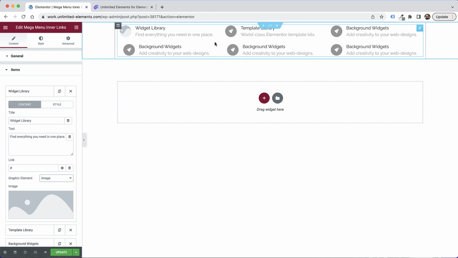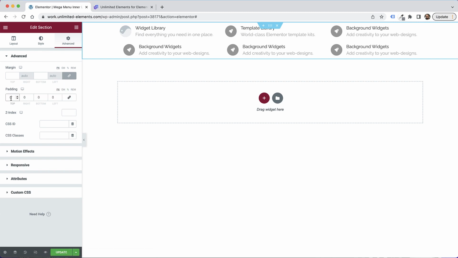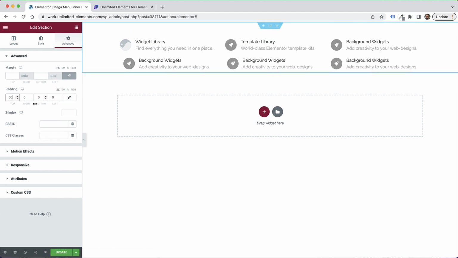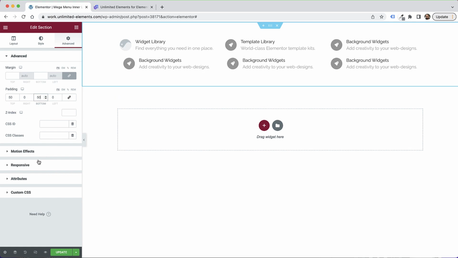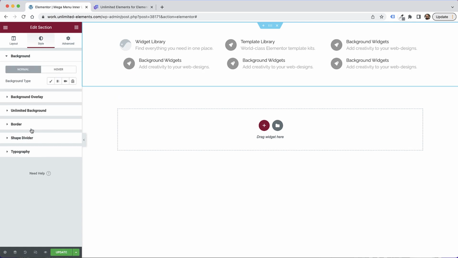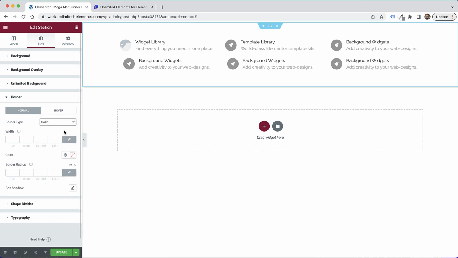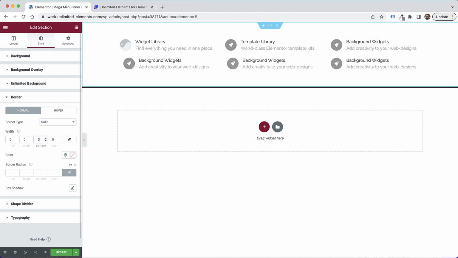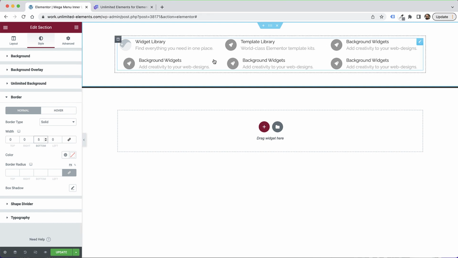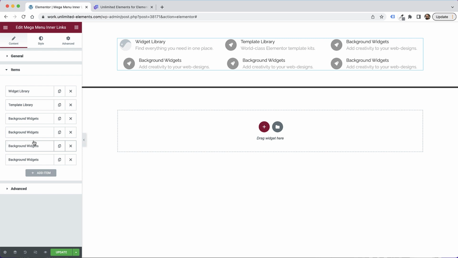So let's actually make 3 different design sections and design each one with a different layout and then connect them to a mega menu widget. So before starting, I'm just going to add a little bit of padding over here on top and on bottom. And maybe let's, in the style of the section, add a border bottom so we can have some separation between our different sections. Awesome. So this is going to be the first section, and the first section is going to be kind of a standard